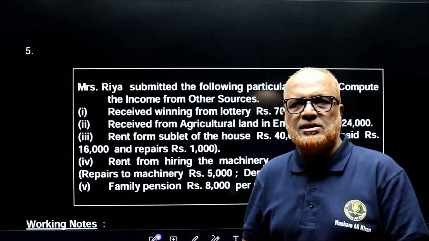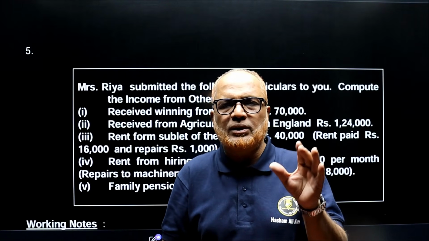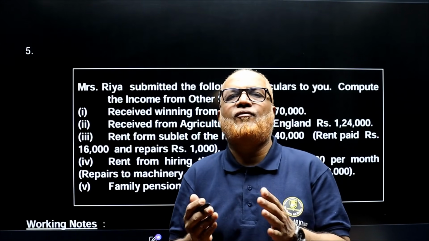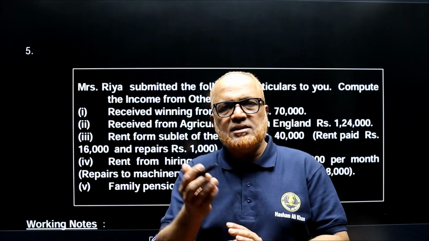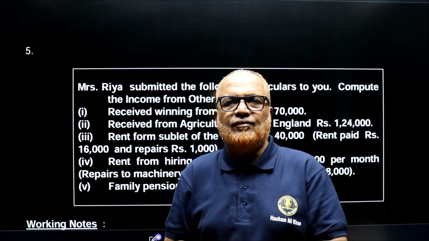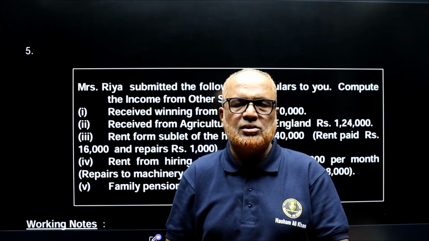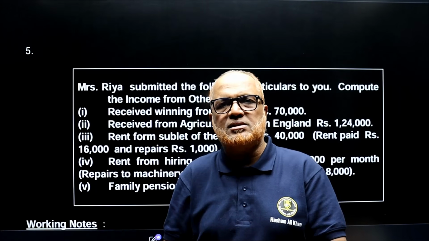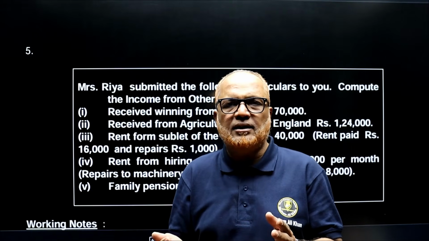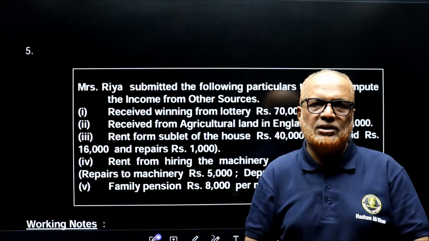Regarding income from other sources, I have given 2 theory videos. Before watching the problem, I suggest you always go through the theory video of how to compute the income from other sources and what items may fall under the head income from other sources. In previous examinations, they have asked theory questions. Give some 5 or 10 examples of incomes which are taxable under the head income from other sources, or a short question was asked regarding what casual income is, what the provision regarding family pension is, interest on securities. So before going for the problem, always be thorough about the theory.